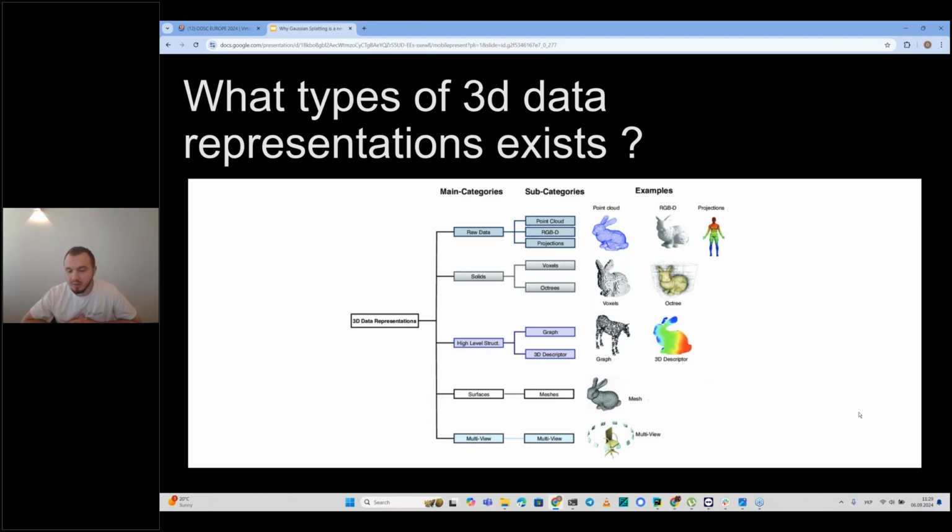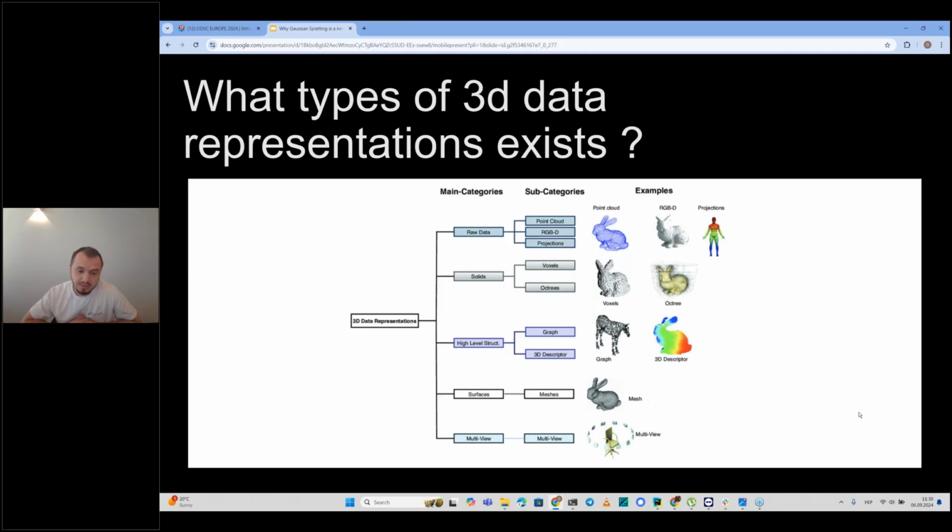You definitely know what a mesh is: a set of vertices and a structure of connections between these vertices that allows you to represent a 3D object as a set of triangles.